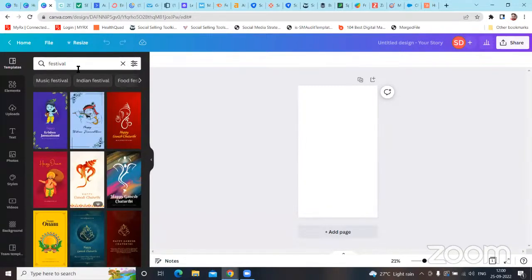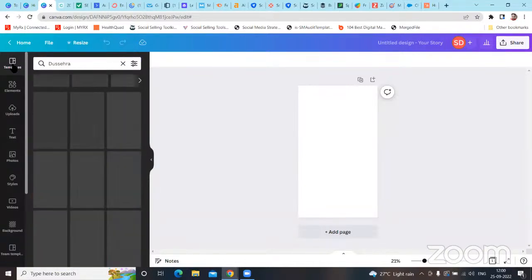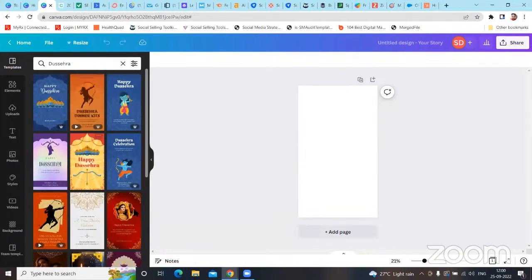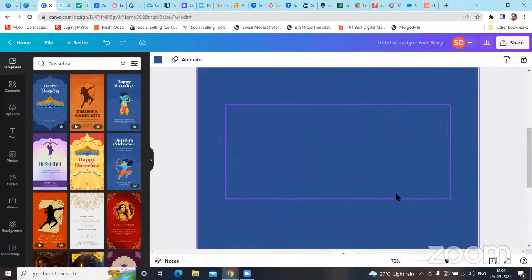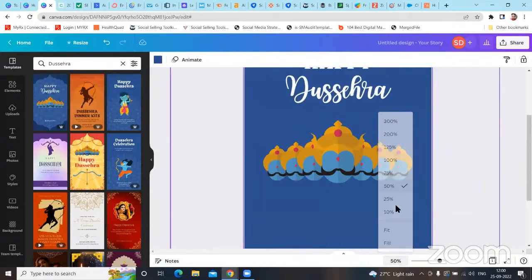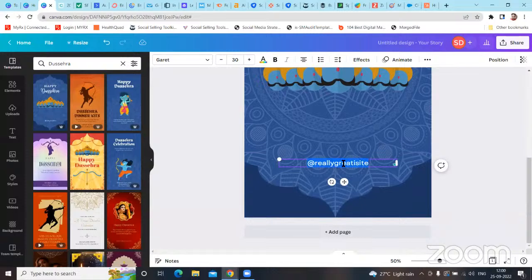So suppose I am searching for Educ. So there are multiple templates. So suppose I am liking this template, I'll be taking it up, filling it up to 50%, happy Educ, and then I can easily create from